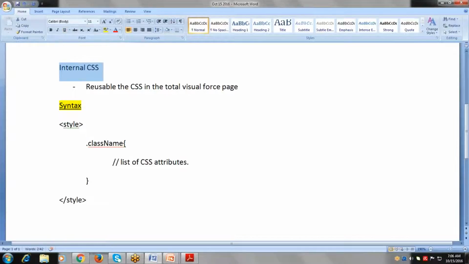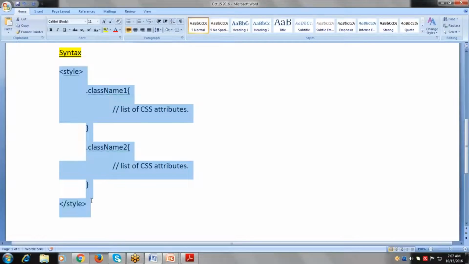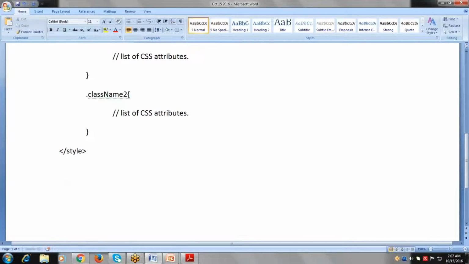Let me show you that. You can define n number of CSS classes like this. This is class 1, and this class 1 has n number of CSS attributes, and in the same style tag you can define another class, and it has n number of CSS attributes. This is a CSS class declaration. So once you declare a class,